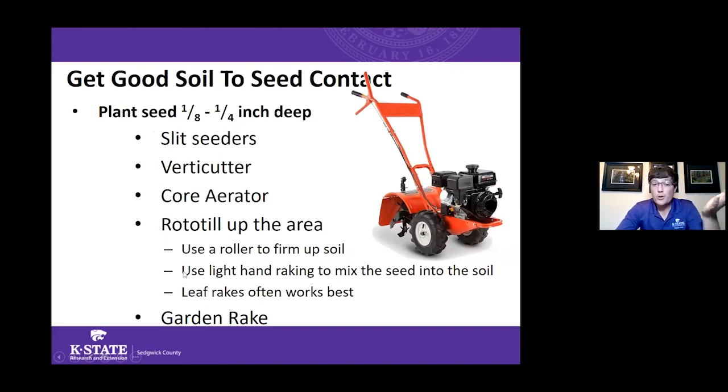Another option is a rototiller. This is if you want to completely start over. You would use the rototiller across your soil. Typically, you'd have to go back with a roller and lightly pack that soil down. Then you would spread your grass seed across that surface. It's really helpful if you lightly rake that grass seed into the surface of your loosely tilled soil, often with a leaf rake, in order to get that 1/8 of an inch to 1/4 inch